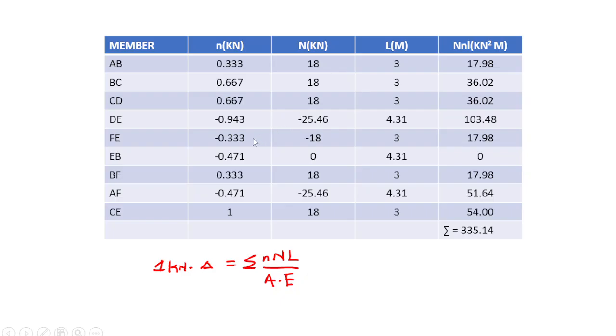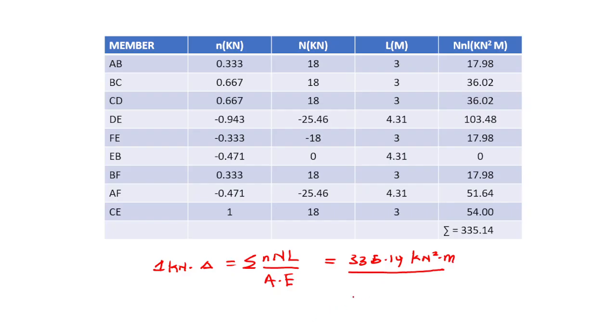For member DE, you use the angle to find the length, which was found to be 4.31. I believe you can do that from what we did in the last class. And then the summation of these forces gives us this. So at the end of the day, our displacement is this: 335.14 kilonewton square meter